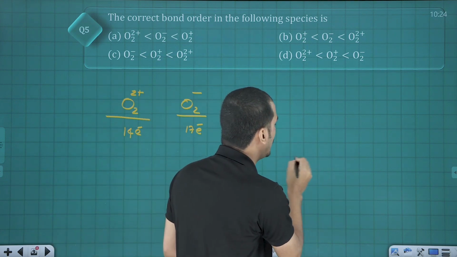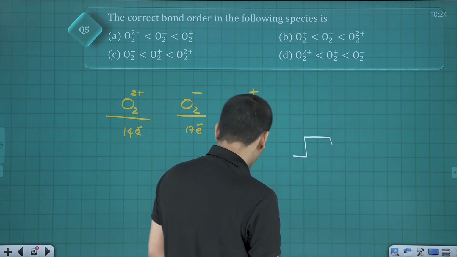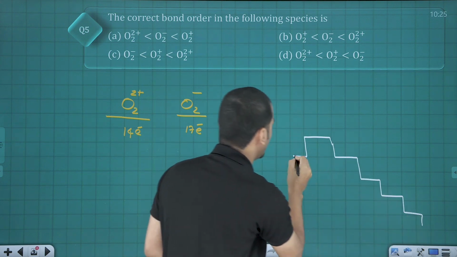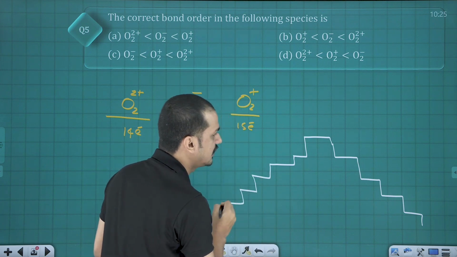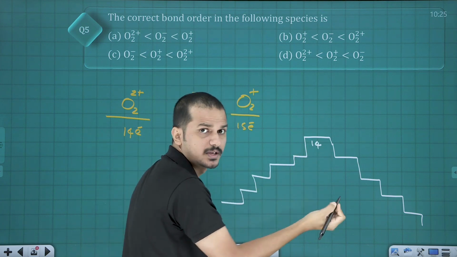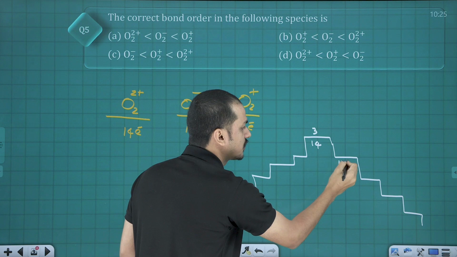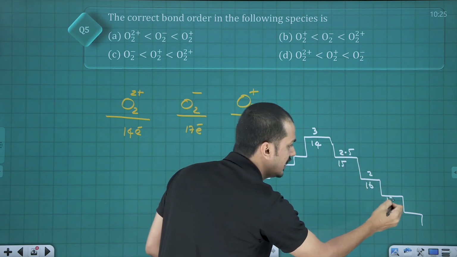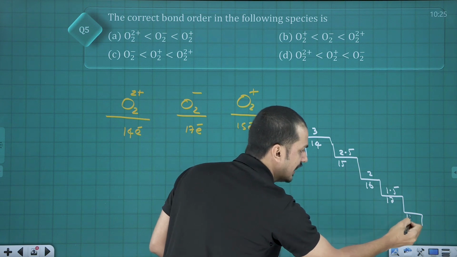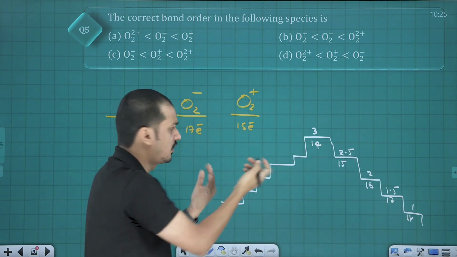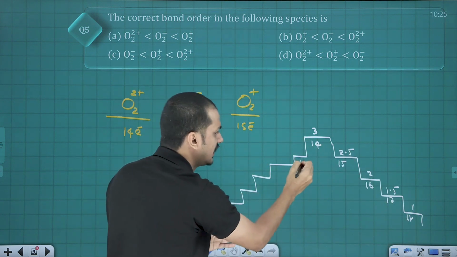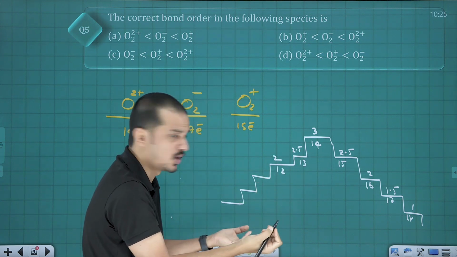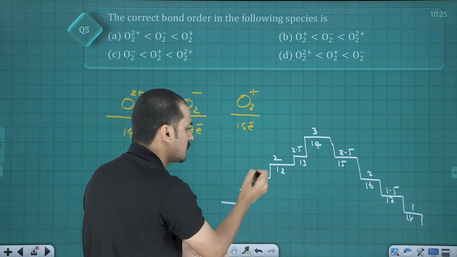One pyramid idea I already taught. You remember? Yes or no guys? This is the idea we discussed. If 14 electrons come, bond order is 3. 15 electrons means 2.5. 16 means 2. Correct? 17 means what? 1.5. 18 means 1. Same on the backside, the maximum bond order is also 3. 13 comes means 2.5. 12 comes means what? 2. Correct? Yes or no? Yeah. Then 11 comes means what?